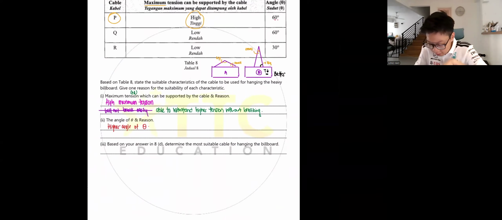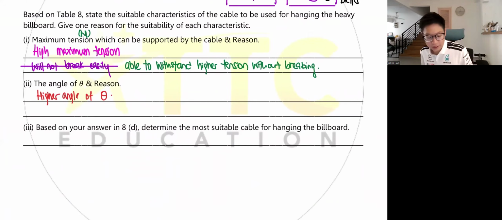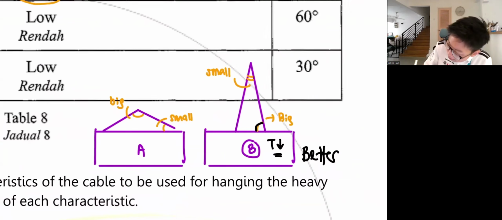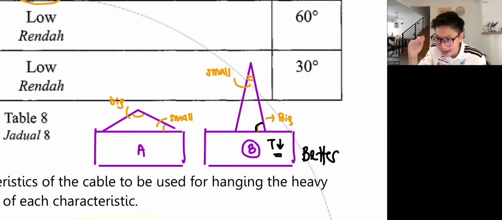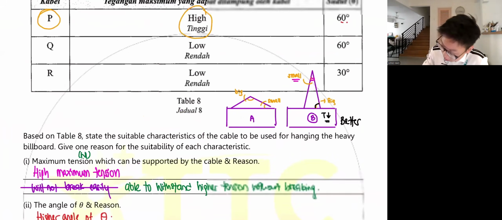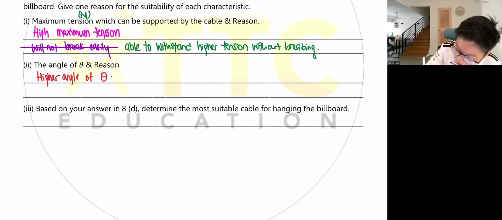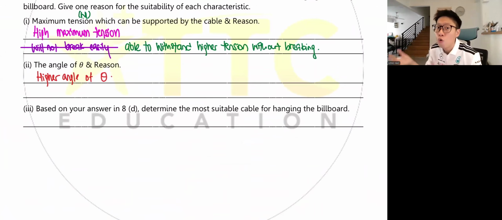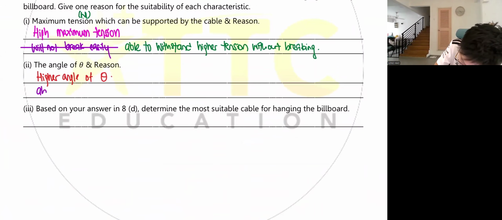Okay, so higher angle. Why will we make this angle big? Big angle on the side. But you must be careful. What if one day they ask on top, then you want small? Don't memorize this thing blindly, I tell you. Now, the higher angle of theta is so that I will be able